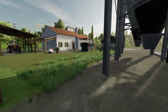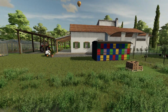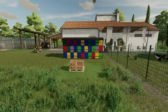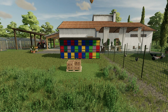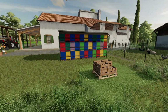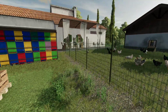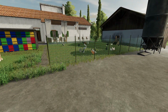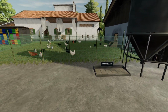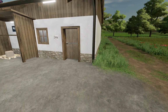Coming over here, I can't remember when the bees got put in. The bees might be new, the bees might not be new. If the bees aren't new, then we've now got some beehives and they are producing honey for us, which again will go off to the markets and be sold. Our chicken pen, we have expanded ever so slightly with this little building,